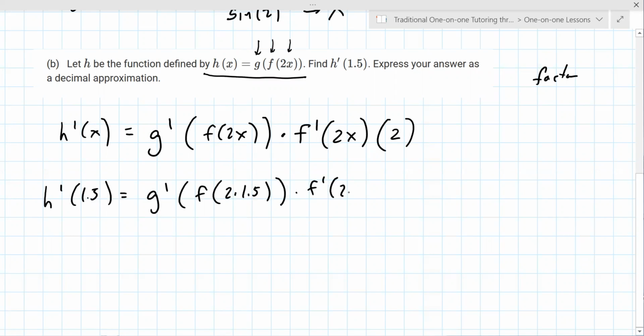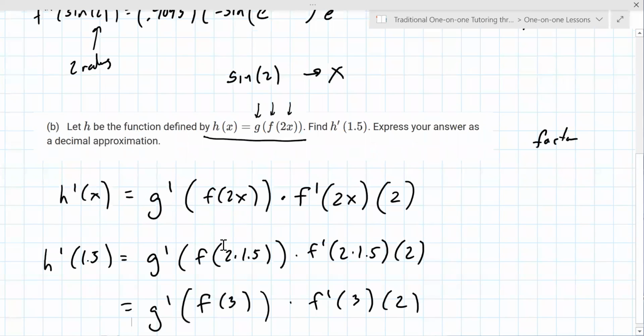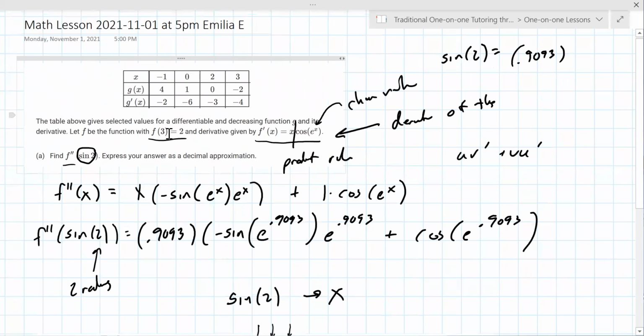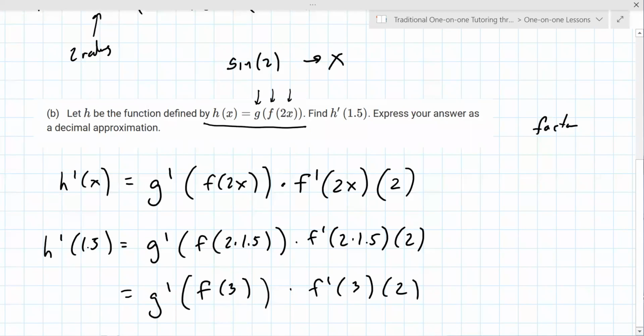I would personally like to see you be able to multiply this as you go. So like f of 3 like that, and then f prime of 3, just to reduce the amount of writing you have to do on this. But that's just my preference. So we need to go find f of 3. f of 3 is 2. That's given. Okay, so this becomes g prime of 2